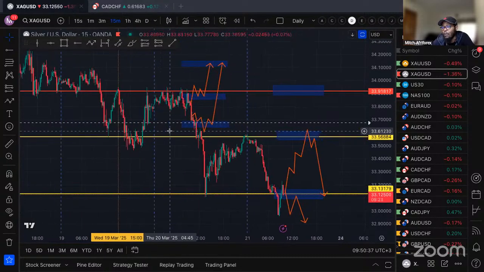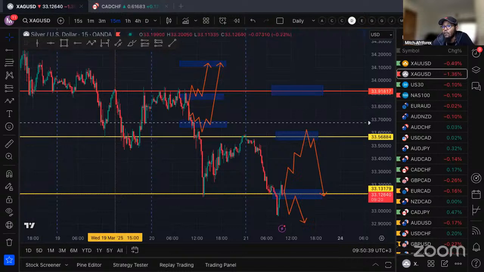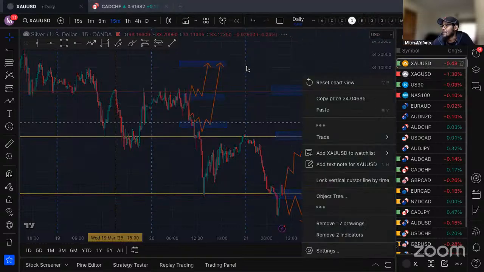The only time our buyers will switch and we will start looking for buying opportunities here is if the price is able to break and hold above the red SNR. If we do end up seeing that, then it should be good to go to look for buying opportunities. But right now, let's wait for a pullback to come in or a breach of this buyer's area for us to confirm whether or not we're going to continue looking for selling opportunities here on silver. So hope that is clear as we move on to the next and last currency pair that we do have,